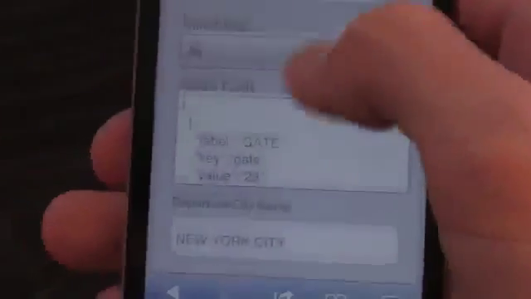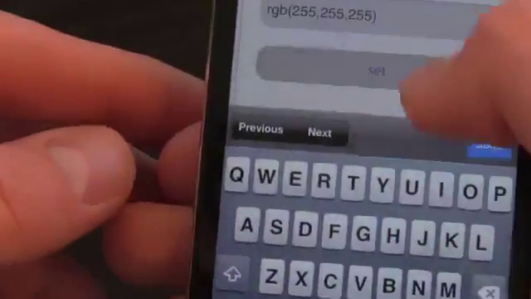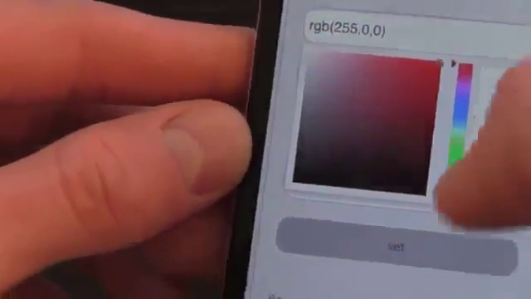As you can see, you can change this information. The only one I'm really going to change just to show you guys the big difference here is terms. So as you can see, there's a bunch of information here just going over the terms of the application of the actual pass itself. So what we can do is go ahead and hit cancel, and I'm just going to change those two things really quick. First, starting with the color up at the top. So right here, we're just going to hit set, and I'm just going to grab the selector there and change